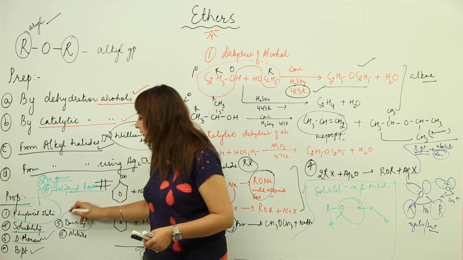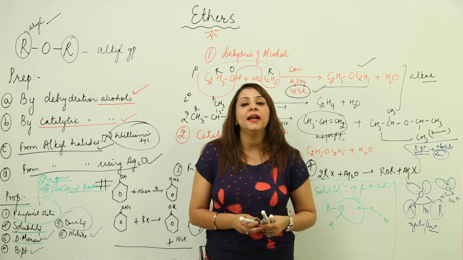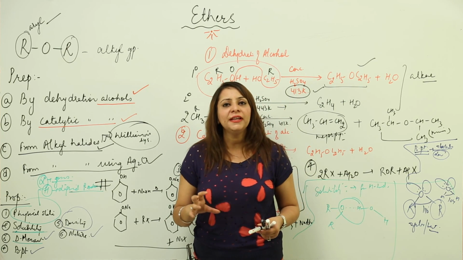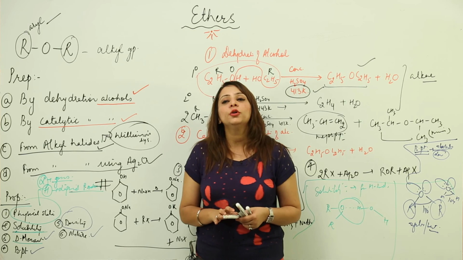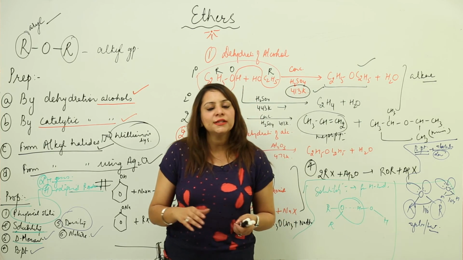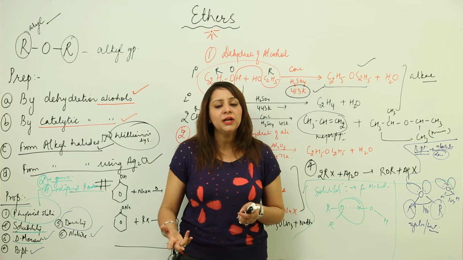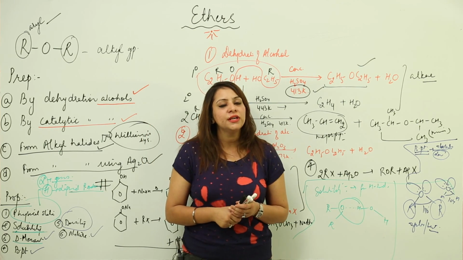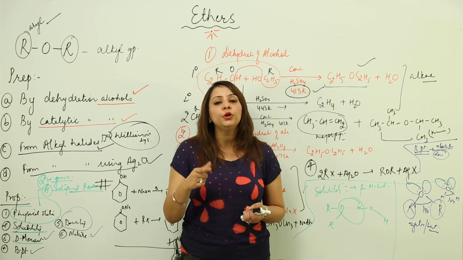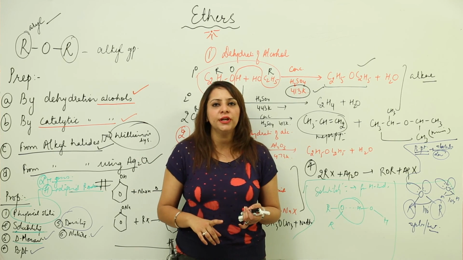Next is density, they are lighter than water. And if we talk about nature, they are volatile and inflammable. They catch fire easily. You must be familiar with the ether fire. We cannot extinguish ether fire with water. You know, water is an extinguisher, but here we cannot extinguish the ether fire with water because the ether floats on water. So what do you use in that case? We use CO2 or pyridine in that case to extinguish the fire.